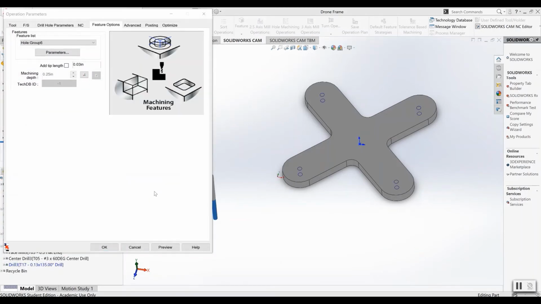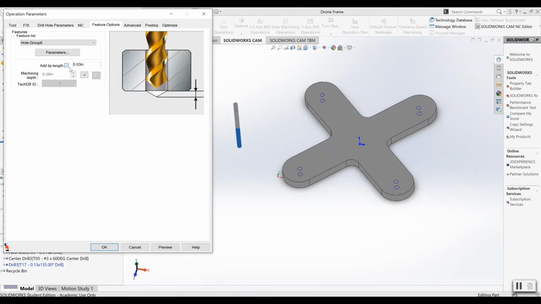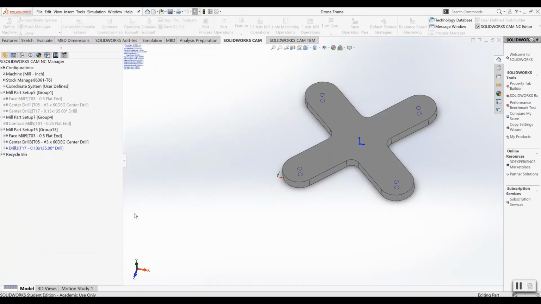And now you'll see that our options box comes back up. If you look here, it takes us to feature options automatically. We want to make sure that the machining depth is at 1/4 inch, which is again the thickness of our frame here. But this time we want to make sure that we add in the tip length so that the tip goes all the way through the hole, making it a uniform straight hole. So now we're going to select OK, generate the tool path,